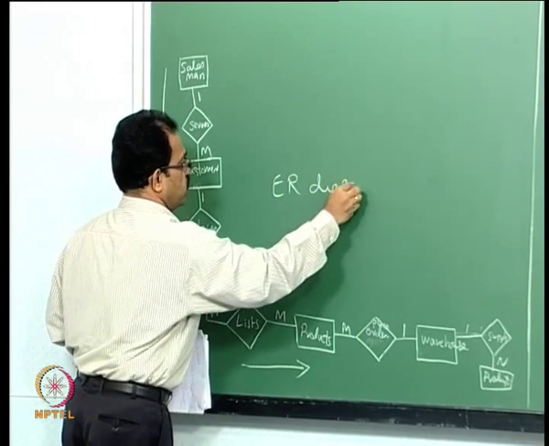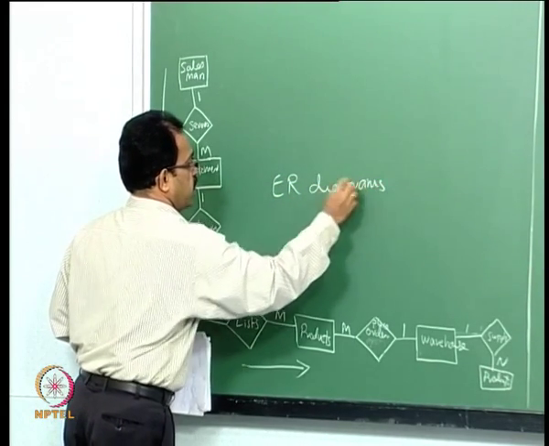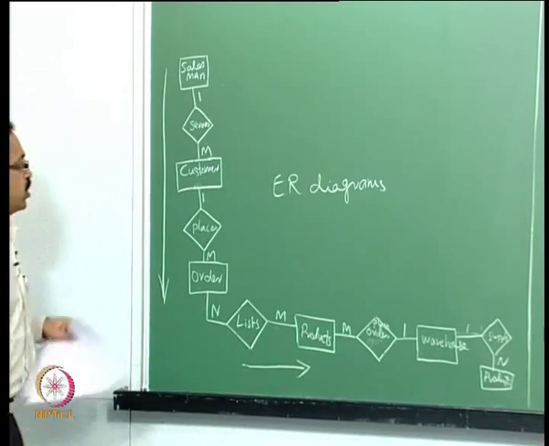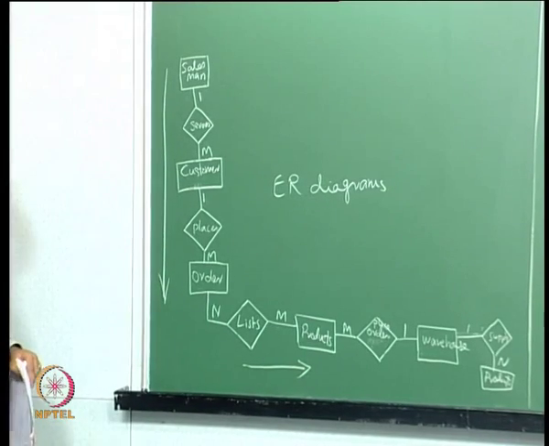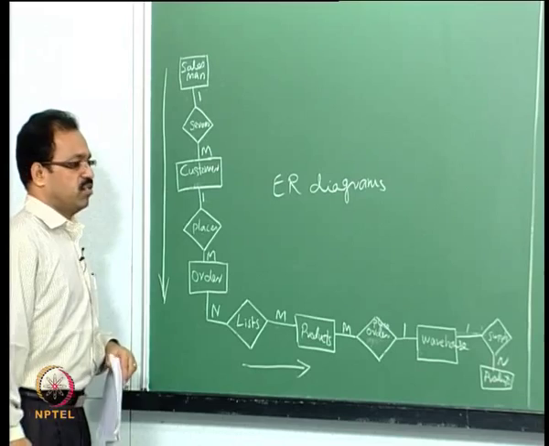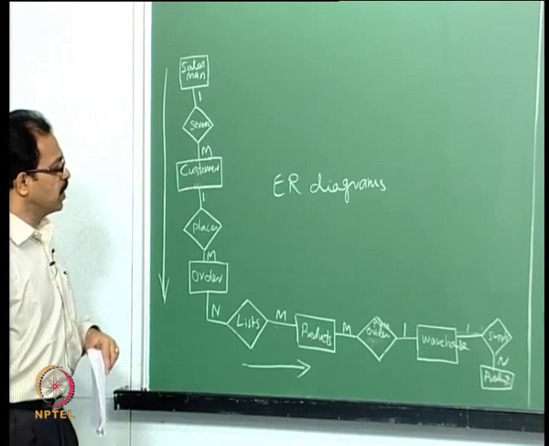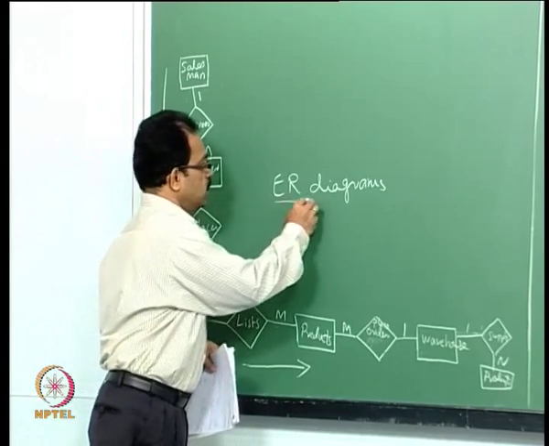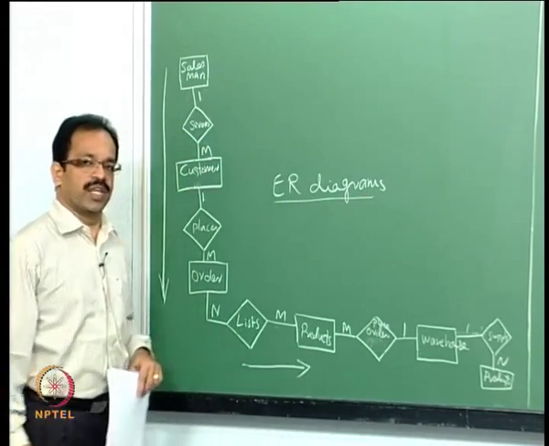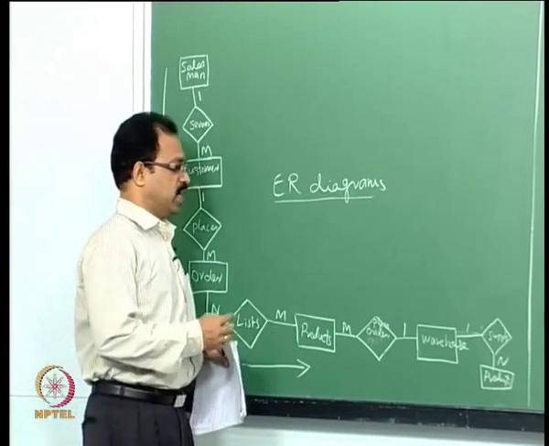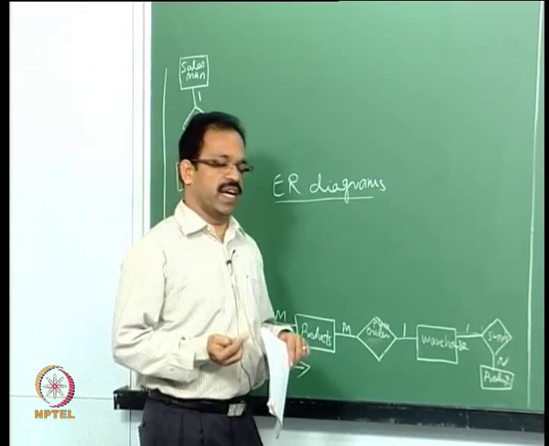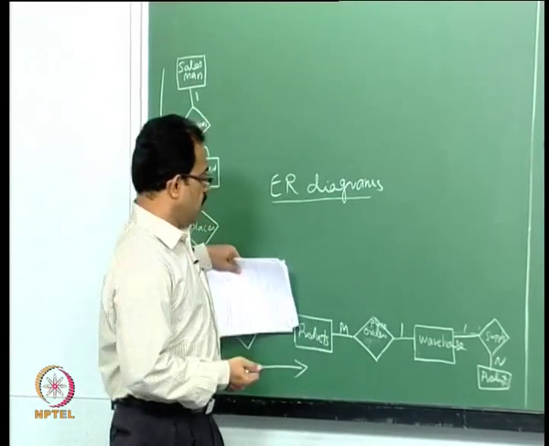Of course, this is a very simple example. I have taken a very simple example to show the utility of the ER diagram to represent the data flow in a system. We can actually extend this to complex systems also. So, we will see some of the complex ER diagrams, how the simple ER diagrams can be replaced with complex ER diagrams. Some of the things will be simplified.